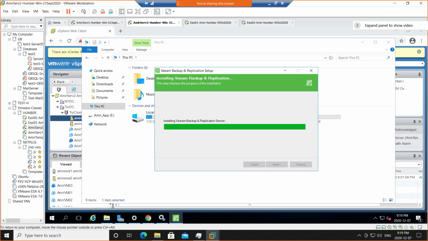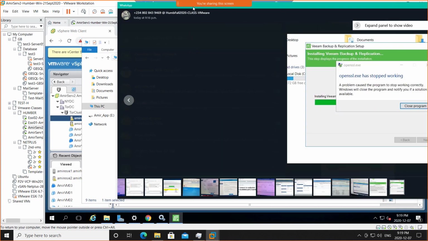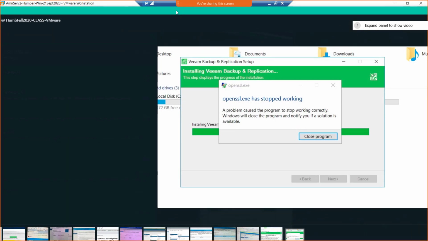Okay, so Gabriel shows this. Ouch. Stopped working means yes, it will stop the whole software. There's no other option. Close program, start again. Hopefully it doesn't happen again. Otherwise, restart the whole machine and then try again.